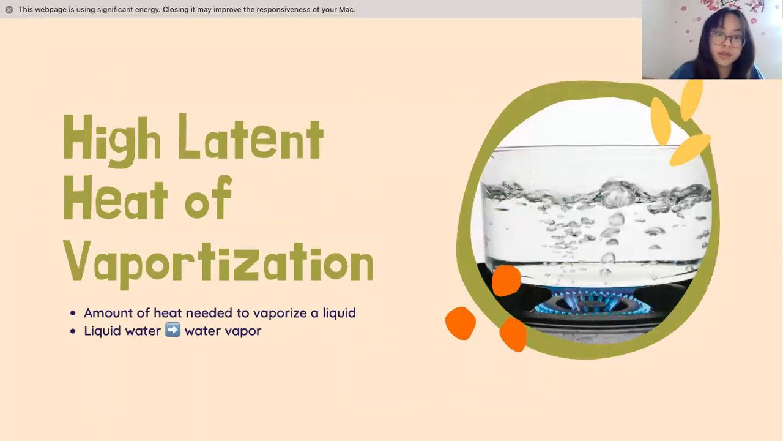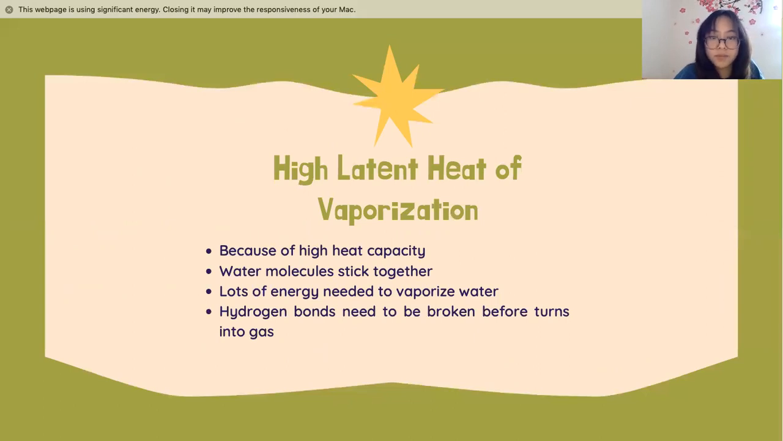And then the high latent heat of vaporization is the amount of heat needed to vaporize a liquid. So in this case, it'd be turning from liquid water to water vapor. Because of water's high heat capacity, it has a high latent heat of vaporization. The water molecules stick together, so it needs a lot of energy to break the hydrogen bonds